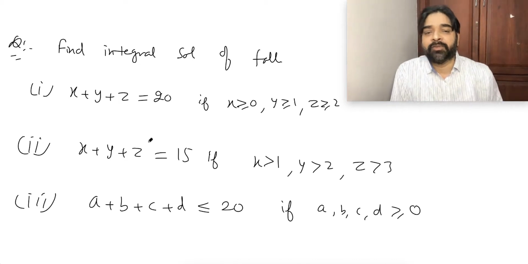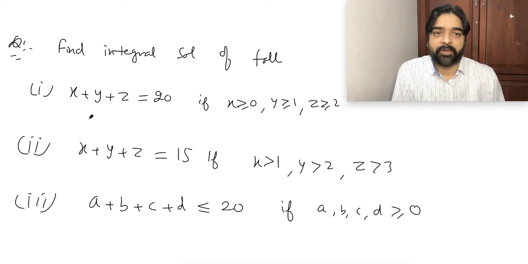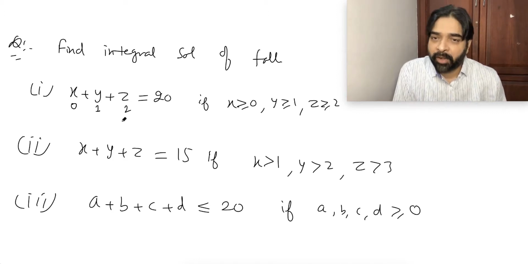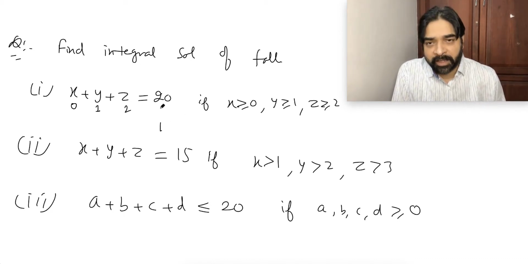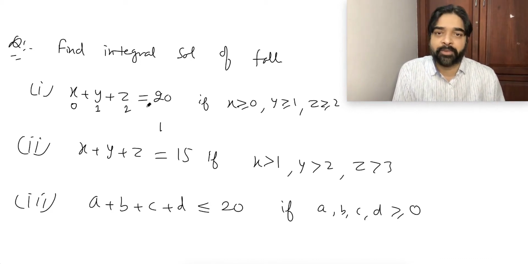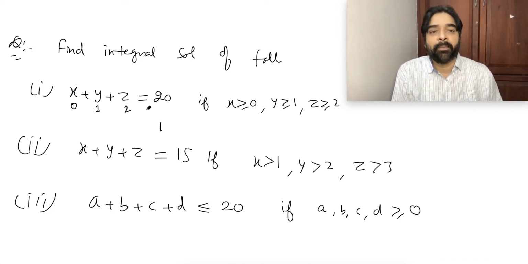So let's satisfy the minimum condition. That will always be better. So I will give 0 objects to this, 1 object to this, and 2 objects to this. For doing this process, we have only one way because these are identical objects. Now how many objects are left? 17. 17 objects left, and now we are free to leave a group completely empty.